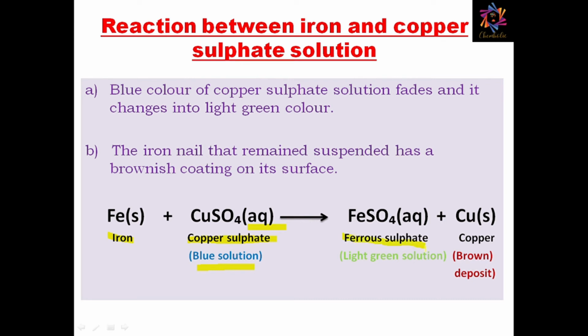It is ferrous sulfate. As I told you, the metals which are lying above in the reactivity series can displace the metals which are placed below them. Copper is present below iron. Iron, being more reactive than copper, displaces copper from its salt solution, and copper is left as a metal. It is actually depositing on the iron nails. This is the displacement reaction, and this is how it all happens. There is another reaction based on it. Let's have a look at it.